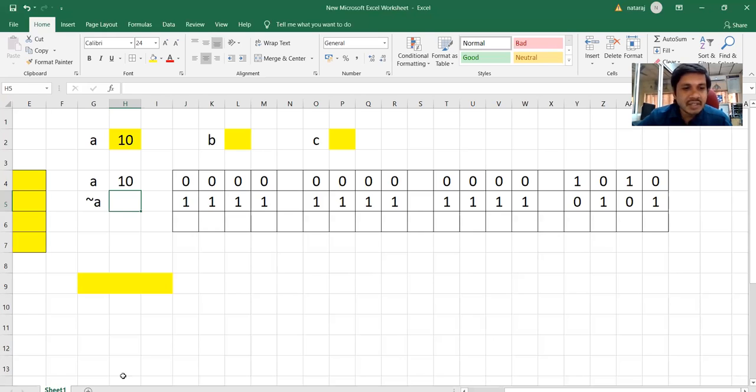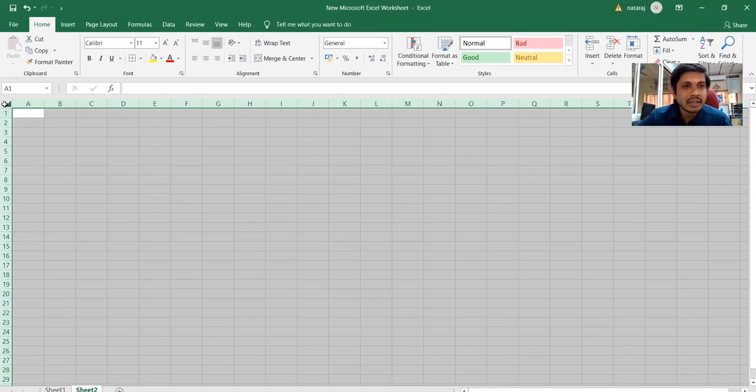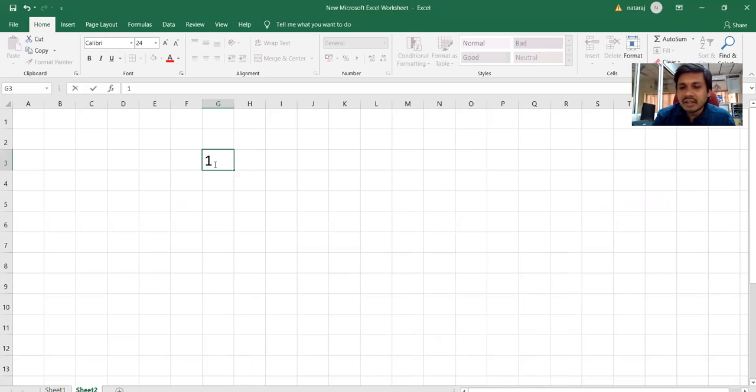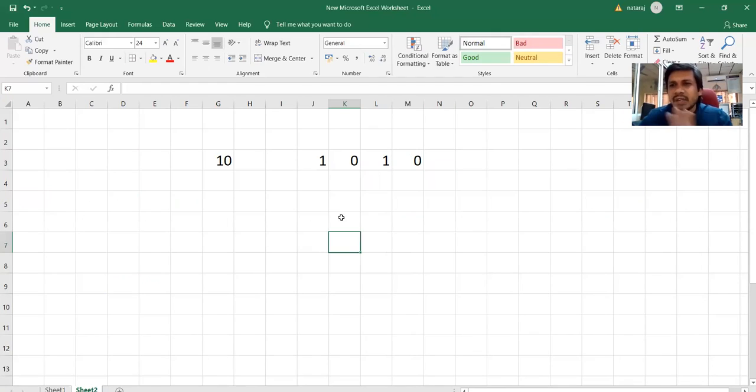See, an example for 2's complement. Say the number is 10. I represent 10 in bits this way: 1 0 1 0, a simple nibble of 4 bits. If it is okay with 4 bits, it will be okay for 16 bits also, so I'm taking a very small example. This is A, value 10, represented in bits.